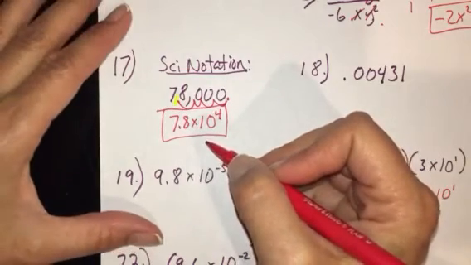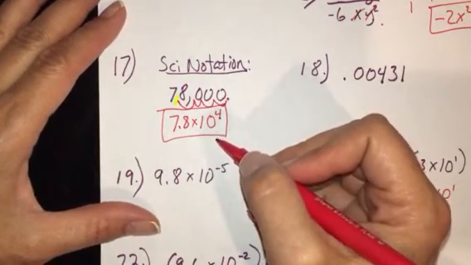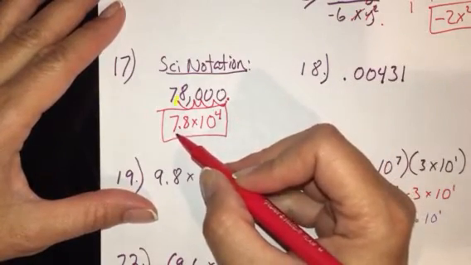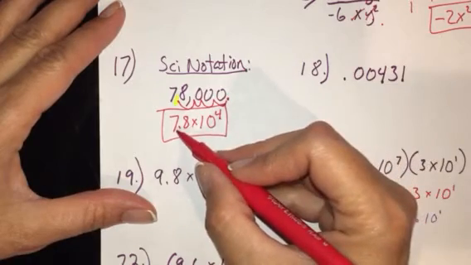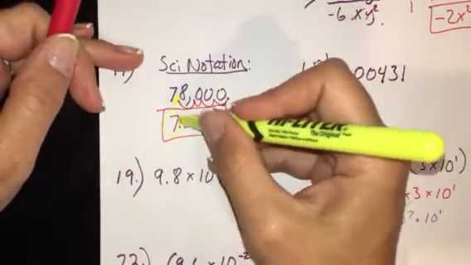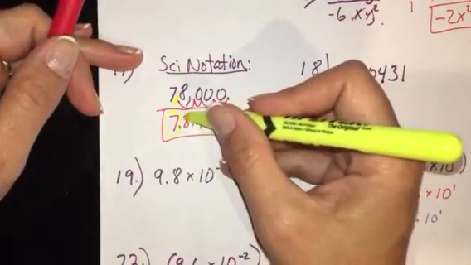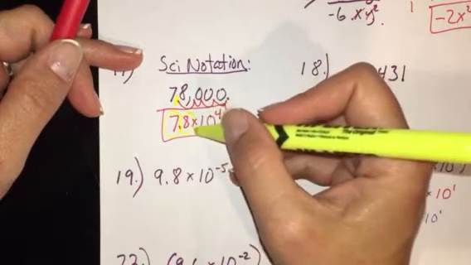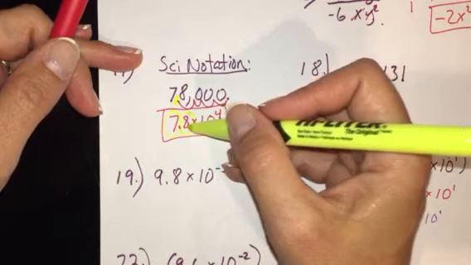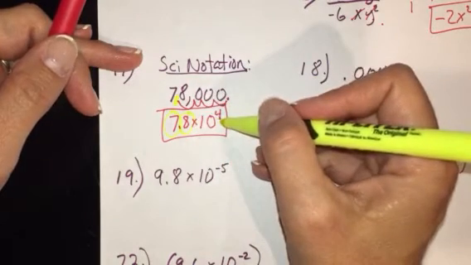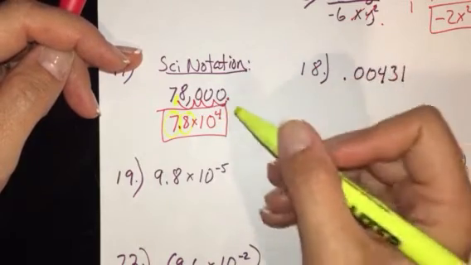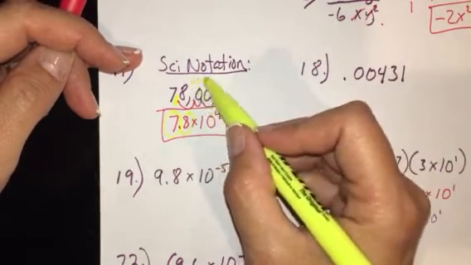Now, why didn't I do 78 times 10 to the 3 or 0.78? Just because that's not the standard that's accepted. We always put scientific notation in a ones place digit right here, followed by a decimal, and then any extra information in terms of more numbers go right behind it, and then you tell how many places you're talking about. The positive number means it's a